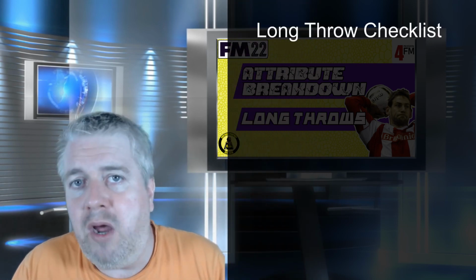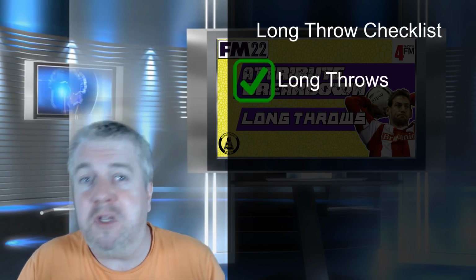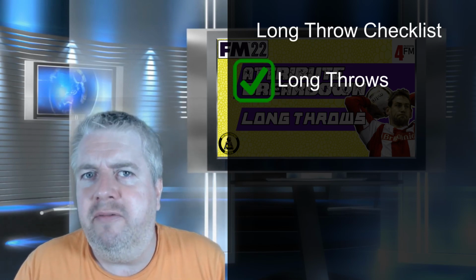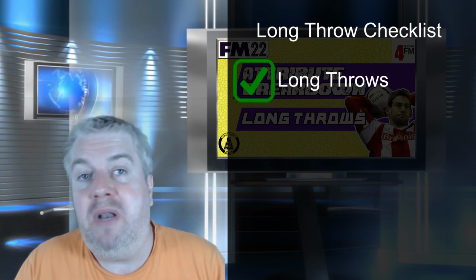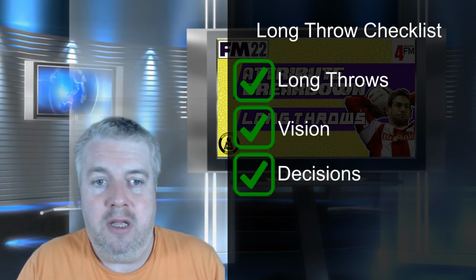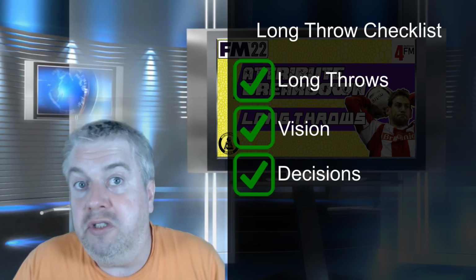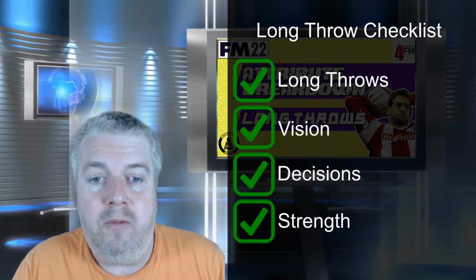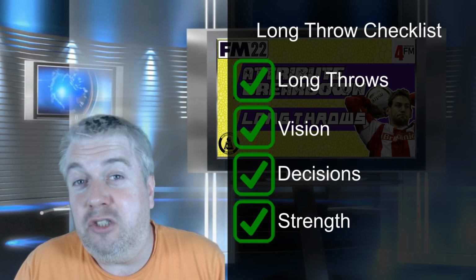So obviously the first component of this is a player with a decent long throwing attribute, so plus 14, something like that. Without that, the tactic's clearly going to fall flat on its face. But there are other attributes which will help a player's long throwing ability. These are things like vision and decisions. So high attribute numbers in these areas will allow players to see the options around them and then pick the right option. Strength is also helpful to get the length of throw,